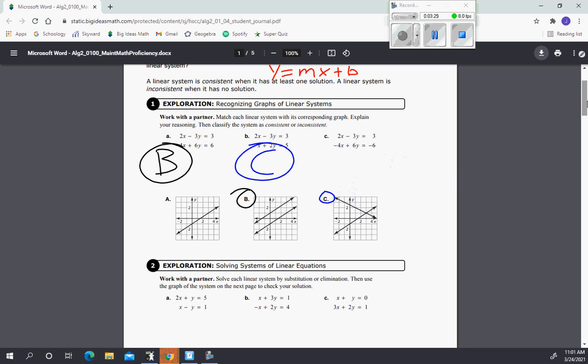And the last one we don't even have to do. It's just going to be A. They're the same exact line. Same exact line. So we're going to say A. Good. We solved those three. Now,